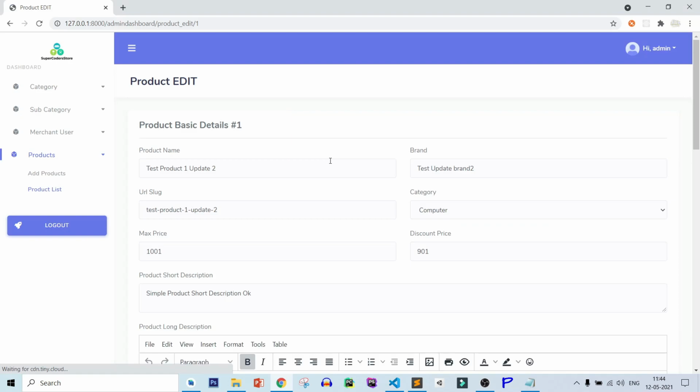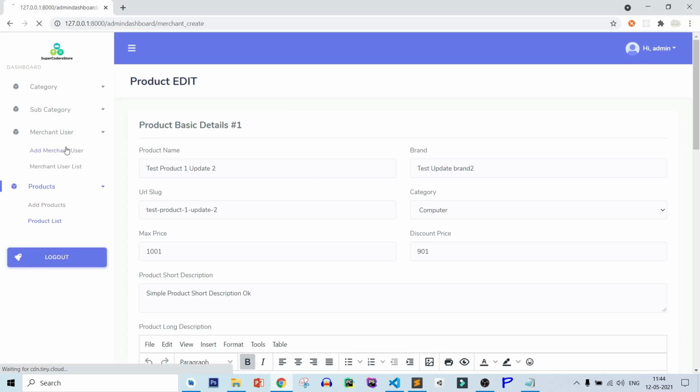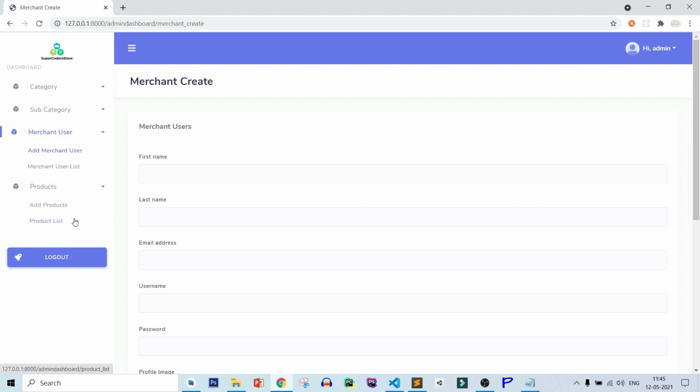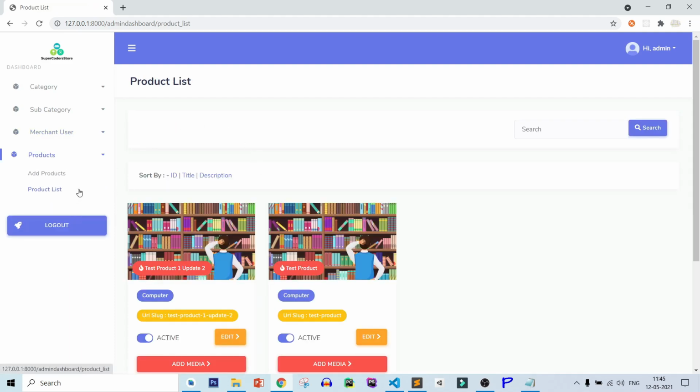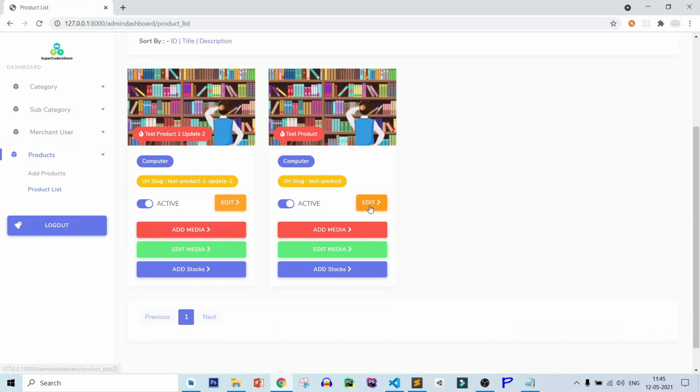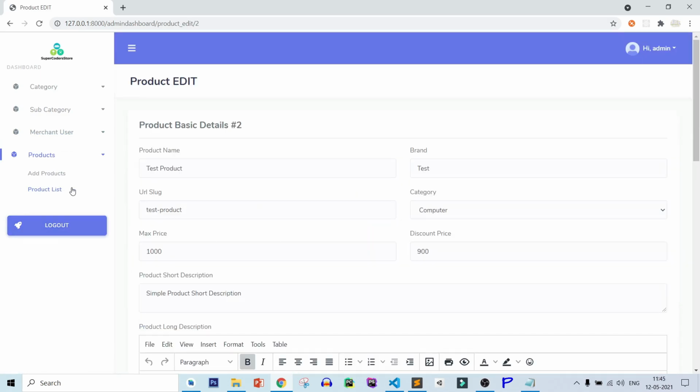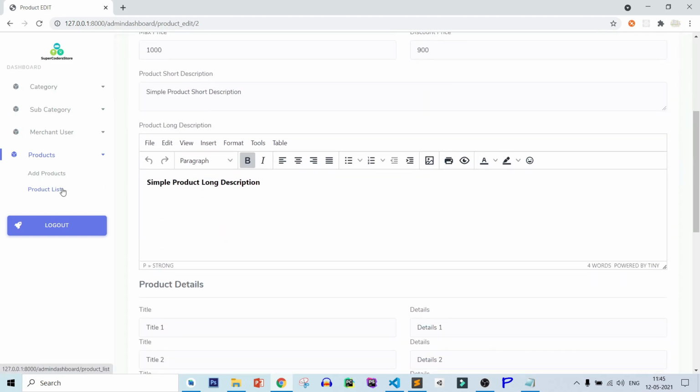Save this file, refresh page, and now you can see it is working. So let's check. Everything is working perfectly. You can see the product list is showing. If I click on edit, it gets active. So it is working perfectly.